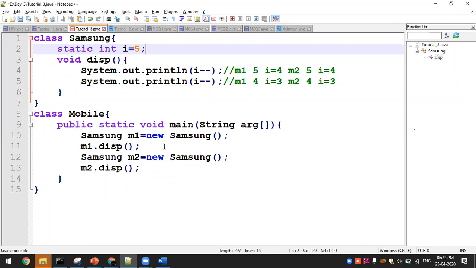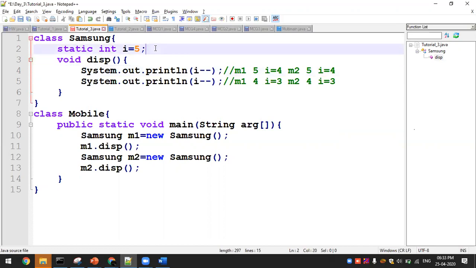After that, I saw that I just want a minimum feature phone for my father. That is why I bought a J2, the same Samsung mobile, but a J2 type. That is a lower version of it. So what am I supposed to do? I have to maintain the same version, but I'll have the updated or lower version. So I have to continue the same instance, and now I have to get a reduction of it. First time, what will happen? M1 is going to print the 5 and 4 will be obtained, right?